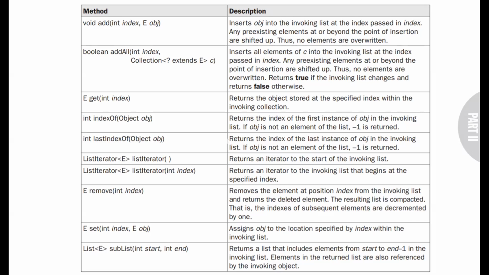When we have the same object multiple times, we can use this method to extract the last instance of the object. If the object is present, the index will be returned. Otherwise, it will return -1. So the return type is an integer value.